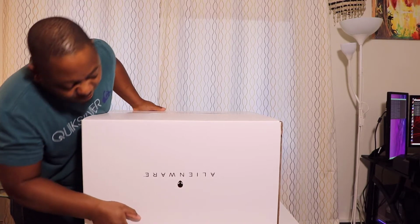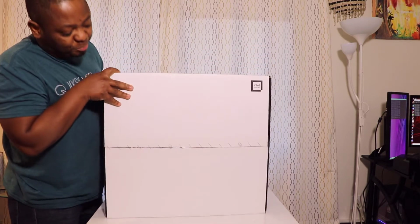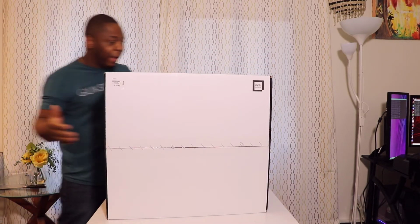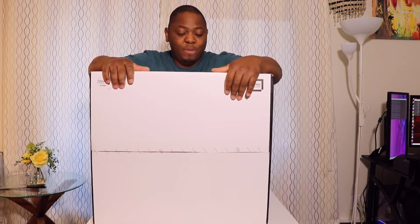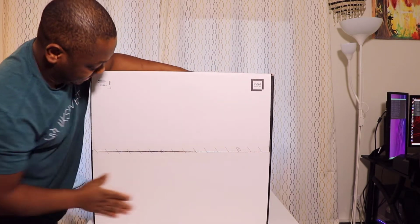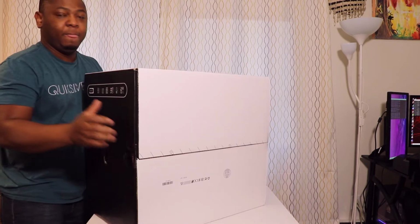And ladies and gentlemen, this is it. I don't know if you can see it yet in front, but let me lift it up and see. Okay, are you ready? So as you can see, it's an Alienware PC, a gaming desktop, another one. All right. So anyway, as always, we are gonna go around the box and see what basically is around the box. Okay, so in front here basically it looks like it's the bottom of the box. No, this is the top and this is the bottom. So we're gonna bring it down like this, and we have